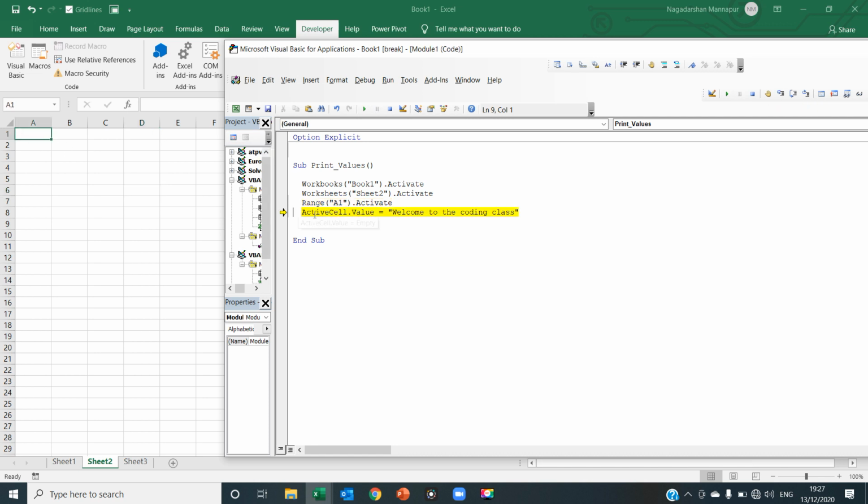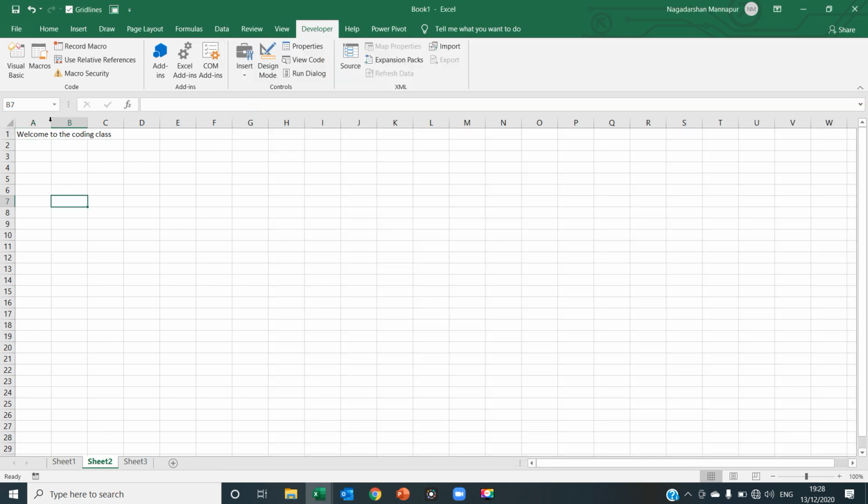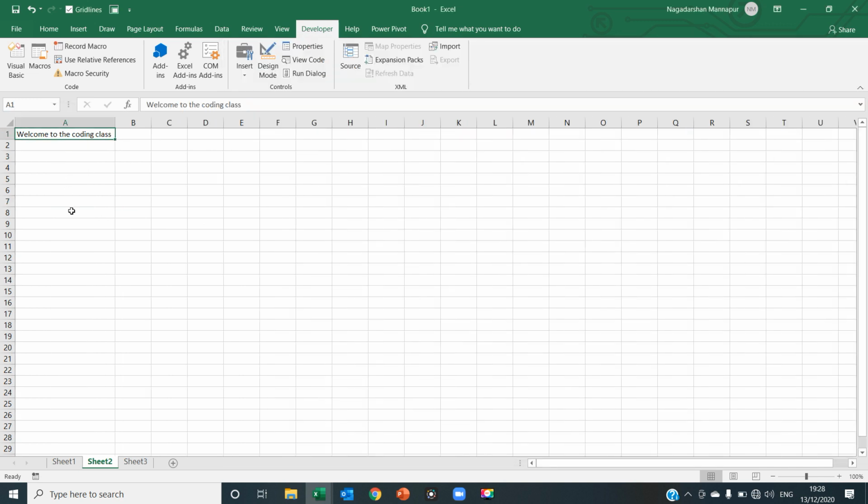activated. Now in that active cell, I want to see the value, Welcome to the coding class. I'll just press F8. It's there. Next, we need to finish this End Sub. Just press F8. It's finished. Here is the value. If I delete that, see, if you want to execute your program at a time, then